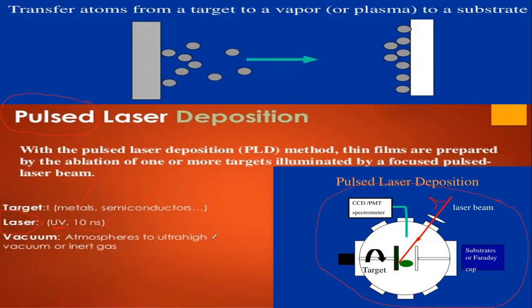So this process can occur in ultra high vacuum or in the presence of background gas. Okay, that's why I have written inert gases. Background gas means sometimes vacuum is not required, sometimes an inert gas, that is argon, krypton, xenon, radon. Okay, that type of gas is required. A background gas such as oxygen is also possible, which is commonly used when depositing oxides to fully oxygenate the deposited films.